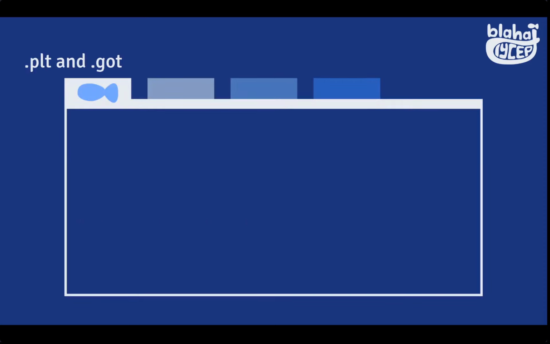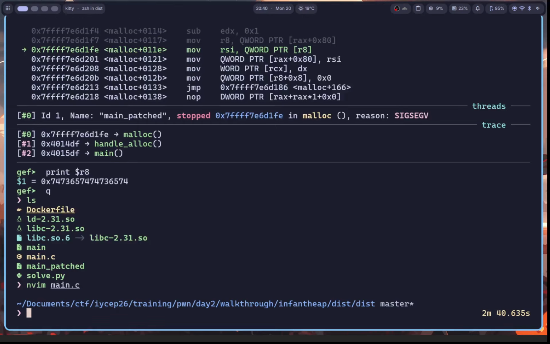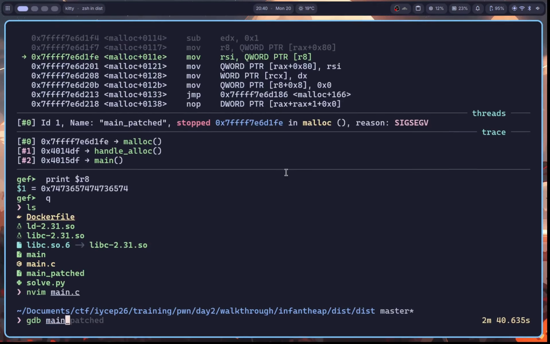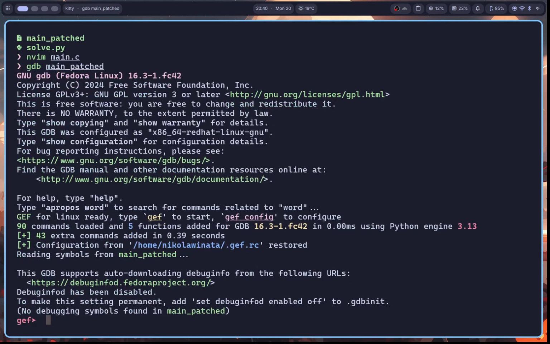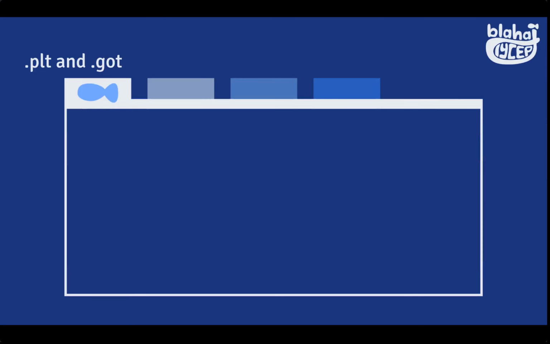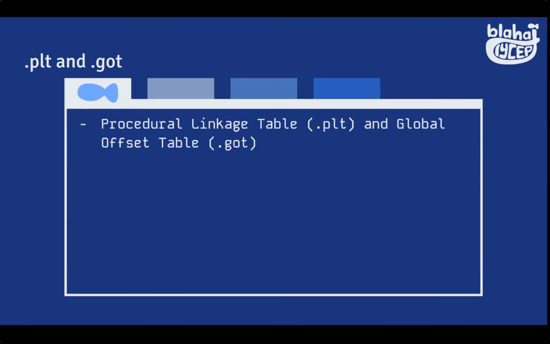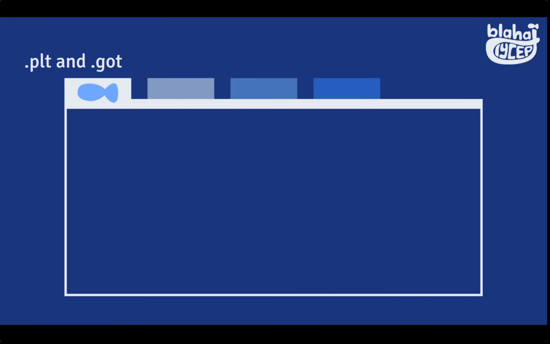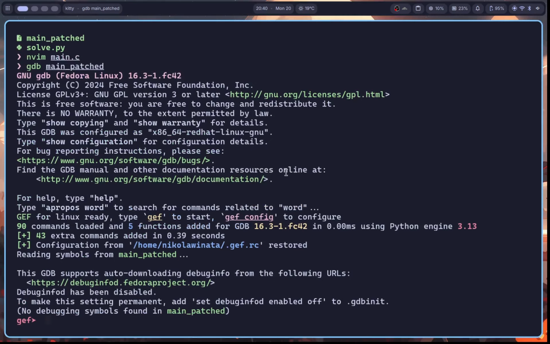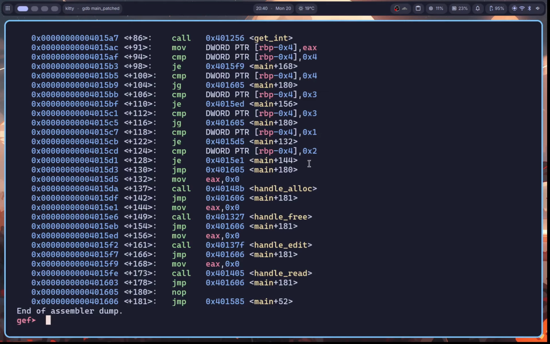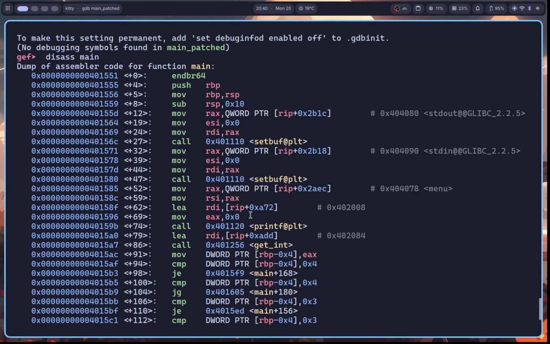So let's go back to the ELF binary. In the ELF binary, and this will become important later, there's a certain thing called the PLT and the GOT. What it stands for is basically the procedural linkage table and the global offset table. And this might sound like an abstract name, but basically, if I disassemble the code in one of the functions in the binary, let's say main,